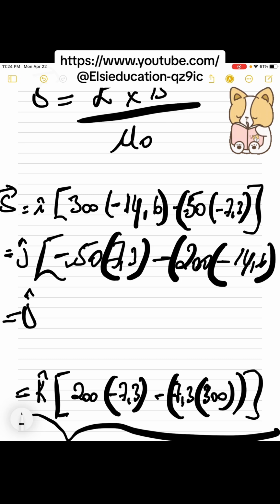So in the J section is equal to minus 50 multiplied by 7.3 minus 365, 200 multiplied by minus 14.6 is equal minus